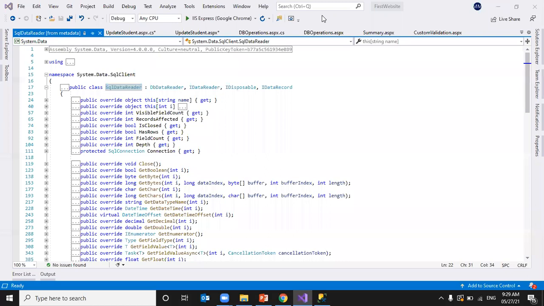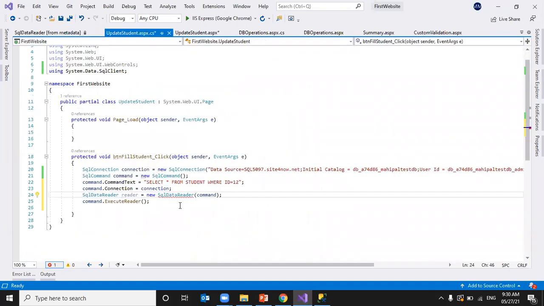SQL data reader. Actually, we have to write reader equal to command dot execute reader. So no need to define the object.